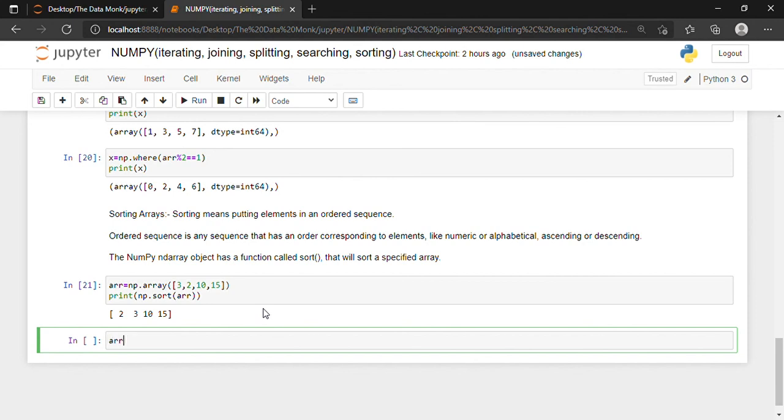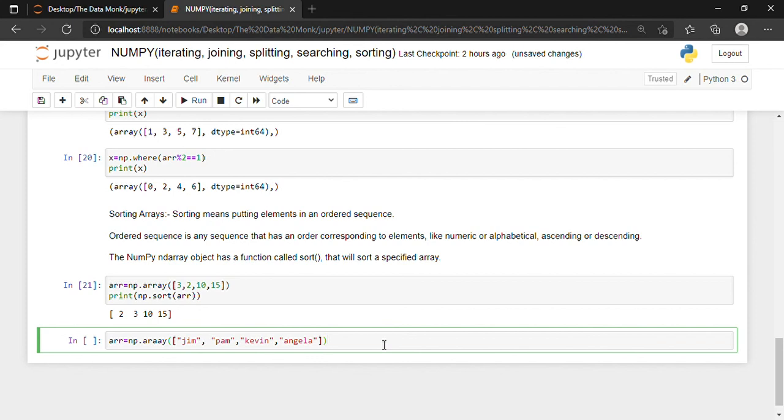So I'm taking one new array. arr is equal to, suppose I'm taking a bunch of names: Jim, Pam, Kevin, Angela. Alright, so I've taken a bunch of names over here.